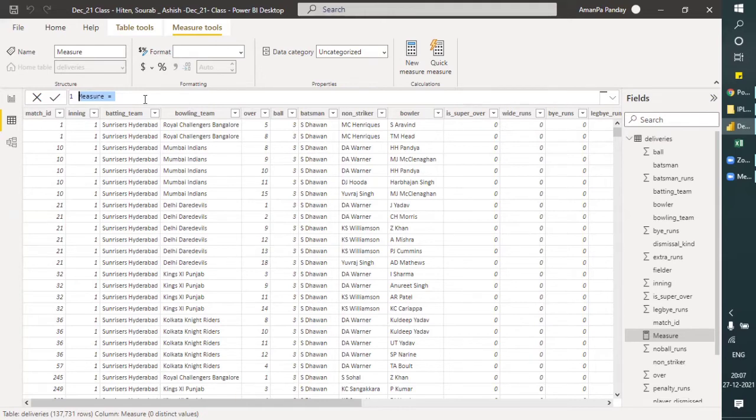So what I do is I just type M space, and then I type the name of that measure. The measure name should be such that it itself states what it's going to do, like average. So I can type AVG average run first inning.